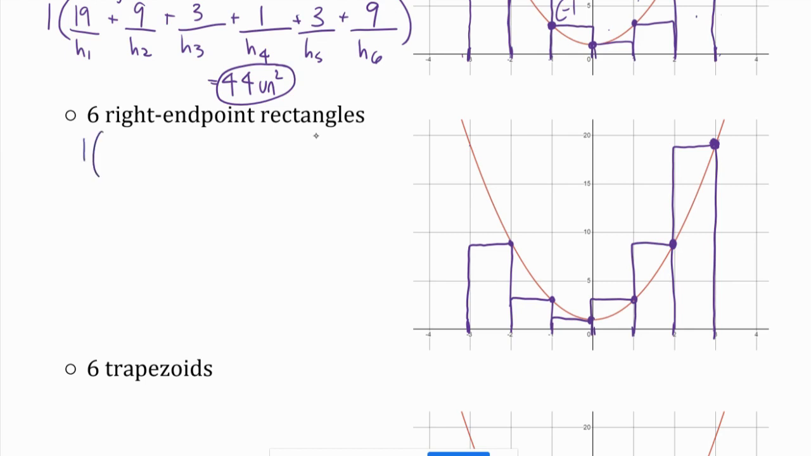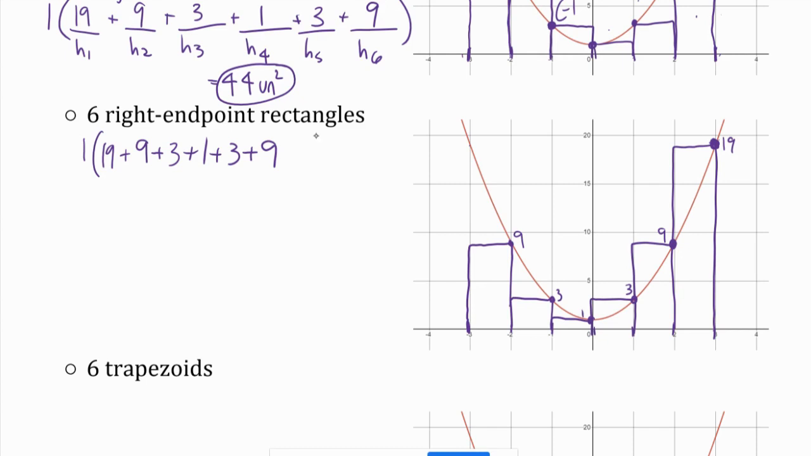So this time my height, I'm going to just start on the right. So this height was 19, this was 9, so 19 plus 9 plus 3 plus 1 plus 3 plus 9. So I have all my heights here. I'm just labeling the heights. I'm not labeling the coordinate values. But again, you would just use your graphing calculator to find the y values at each of these points, or